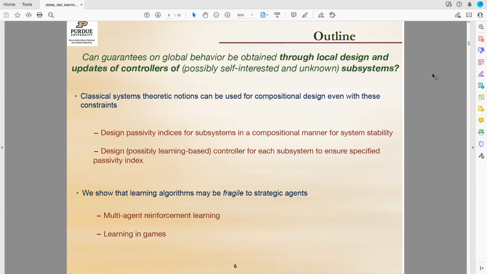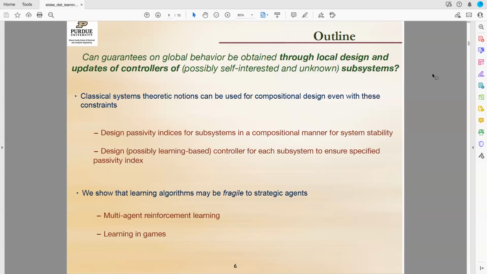And a question that always comes up is, why don't we just give up on classical control and just do, for example, multi-agent reinforcement learning? That is entirely local, and maybe that can work. Multi-agent reinforcement learning certainly is a very rich set of tools, and I think it has a very big place in future control. But there are some challenges there.